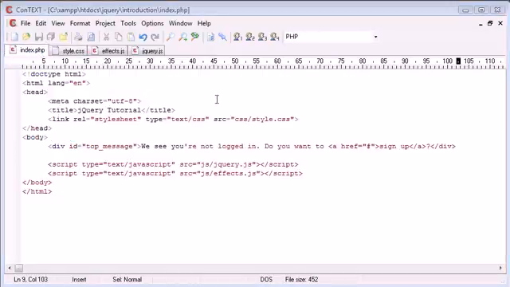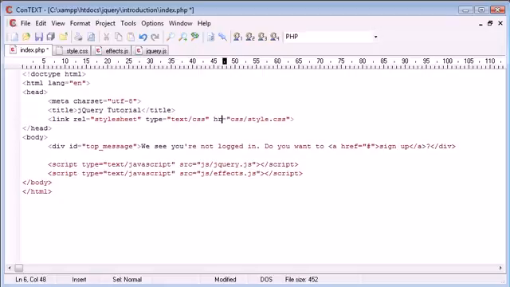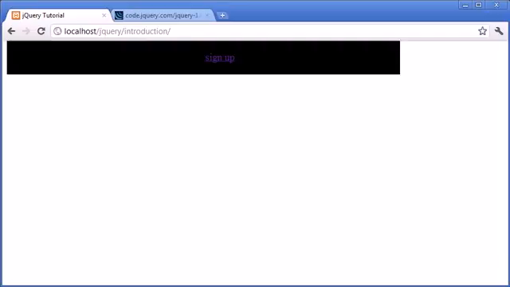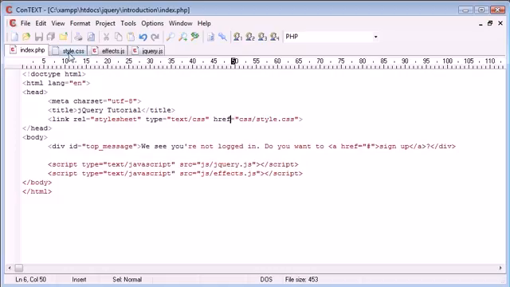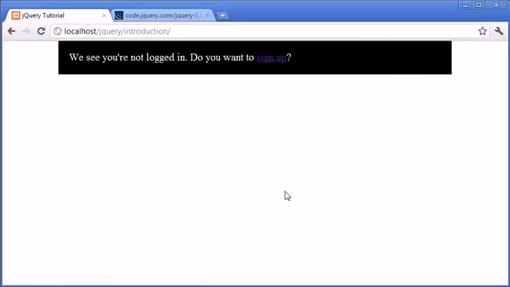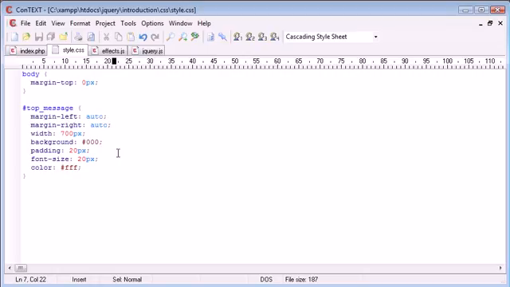And that's not worked because this is not source, it's href. Okay, let's go back to our page. You can see it looks like this at the moment. We obviously need to change a few things like the font color. So we'll just say color #FFF, that's white. And we also need to center this as well. So margin left auto and margin right auto. So now we've got the effect that we need, except for the fact that we need to text align